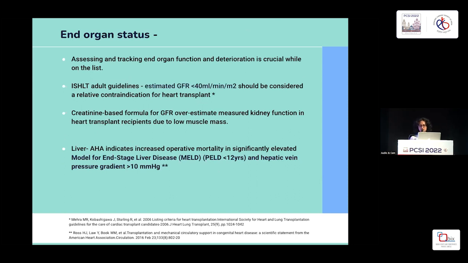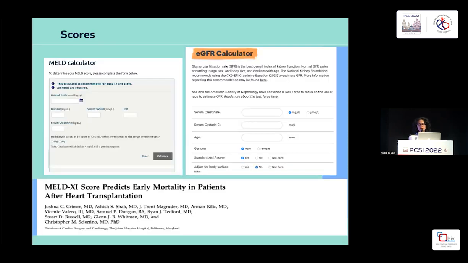End organ functional status assessment. So for the kidney, estimated eGFR less than 40 ml per minute per meter square has been taken as a relative contraindication. We have to remember that creatinine-based formulas for eGFR estimations sort of overestimate kidney function, because these patients with chronic heart failure are low on muscle mass, and their creatinines are spuriously low. So we use cystatin-based formulas, and there are scores available online where you enter the creatinine and the cystatin levels, which gives you an idea of the kidney status before you put the child on